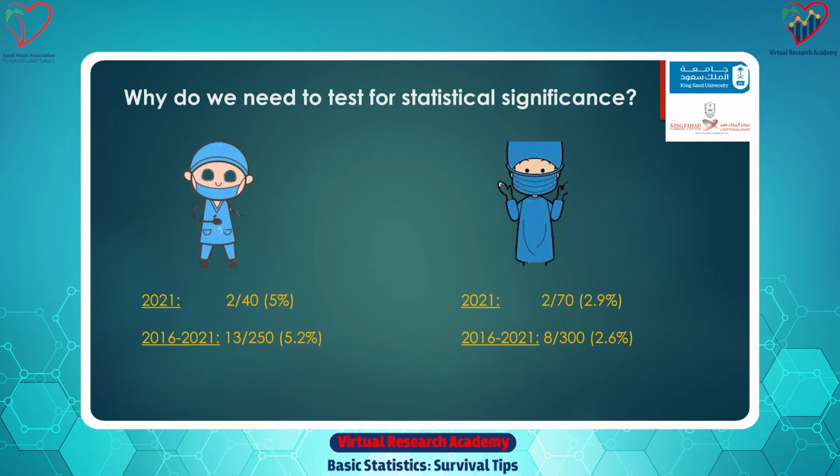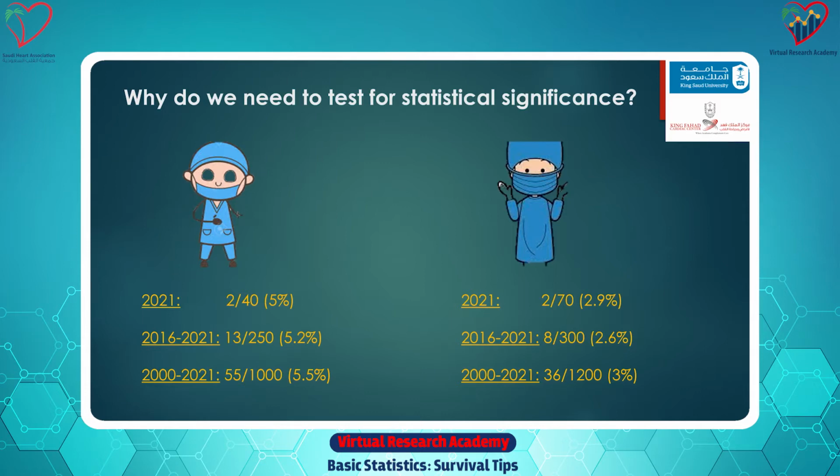So you weren't confident. So you looked at the last 20 years. And what you find is that surgeon A did 1,000 procedures, had 55 complications. So that would be 5.5% complication rate. Surgeon B did 1,200 procedures and had 36 complications. So that would be 3%. Now back to the question, would you feel confident saying that surgeon A has a higher complication rate than surgeon B? I think most of us would say yes.